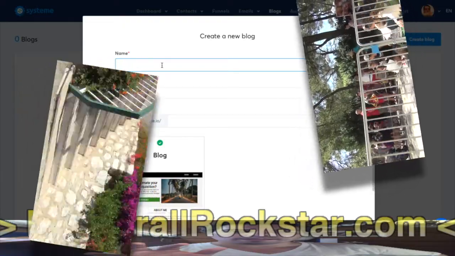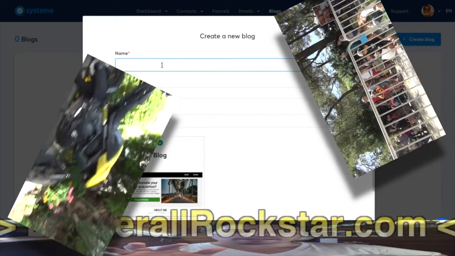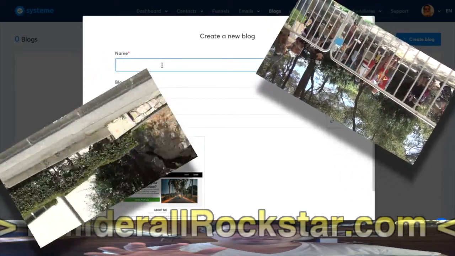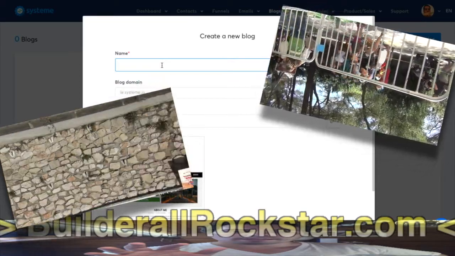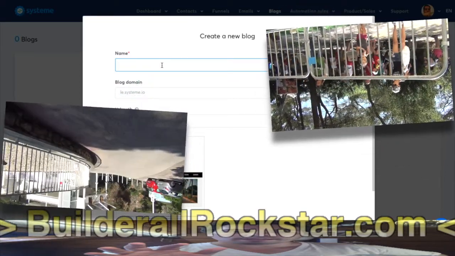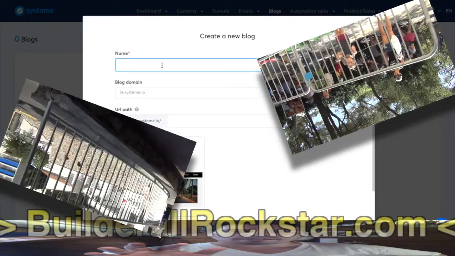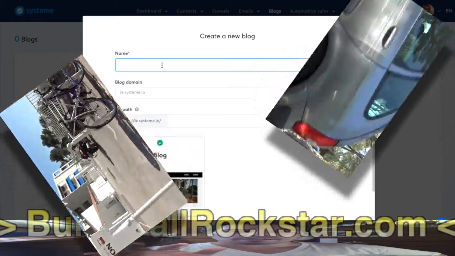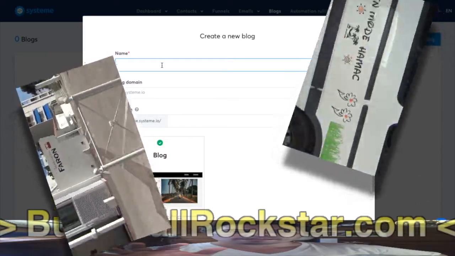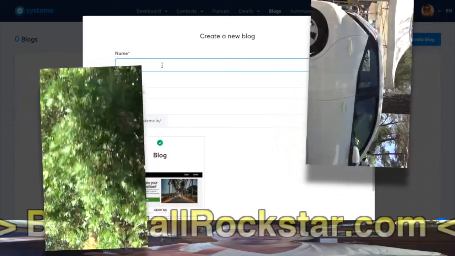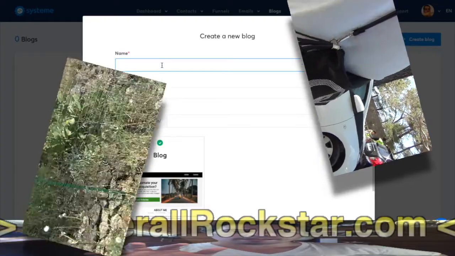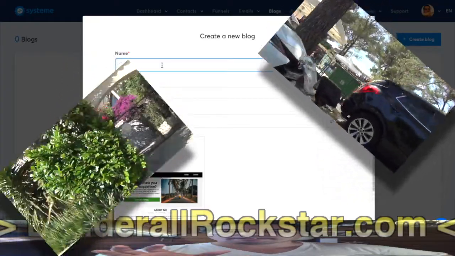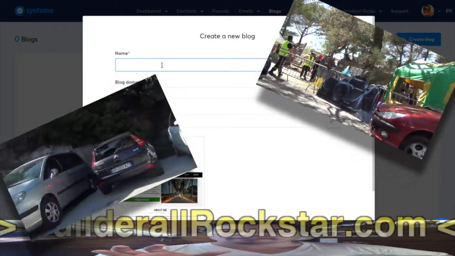What is the point? And also with the sitemap, because when you register your blog to the Google Search Console, they ask you for a sitemap. So you will think, oh, but I don't have a sitemap for my blog. Okay, so let Google try to find all my articles and deal with it. No, it's good to have one. And since it's a blog system proprietary to System.io, you cannot add a plugin in order to add a sitemap. There's no plugin. So it needs to be in the core, in the blog system of System.io.